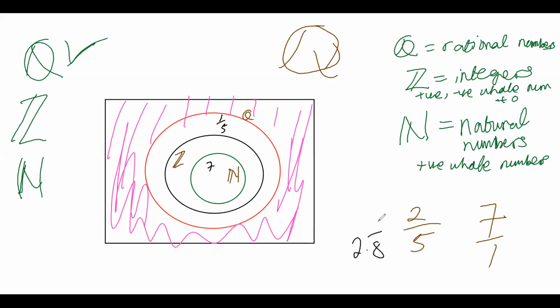Outside of Q? Are you sure? Or here? Some people say outside of Z, inside of Q. Others say outside of Q. Shall we vote? This is democracy in the classroom. No. It can be turned into a fraction. You know, any number in this form can be turned into a fraction. So which means it's not going to be here. So it's going to be here.